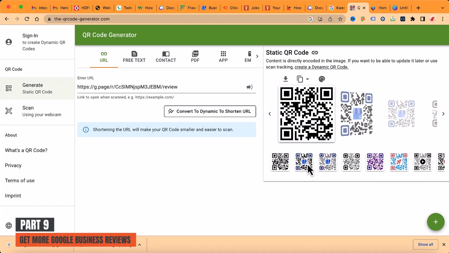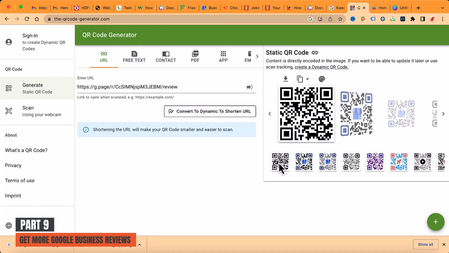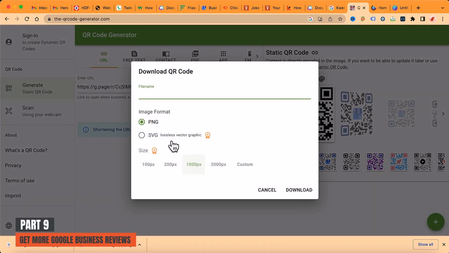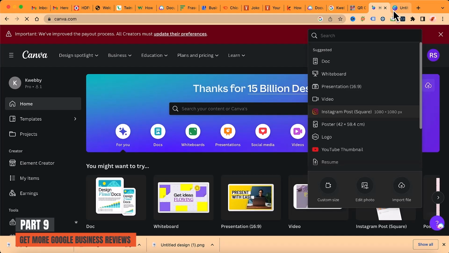So here it is. So now you can, okay, to use a logo you need to sign in. So I don't mind to sign in. If you can add more time to this, you can easily add that. So I will get this particular QR code and click on download. And here you have an option of size. So PNG is something which I want. So QR, now download. Okay, so this is the particular image you need,